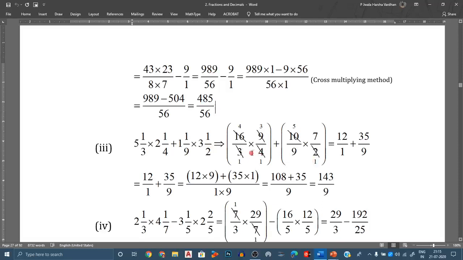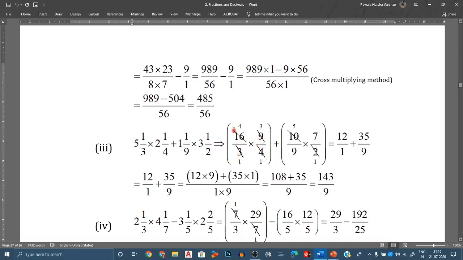So observe here, it is multiplication, this is also multiplication. First you have to solve the multiplications here, because according to the BODMAS rule, first you have to do the multiplication. So keep the brackets for multiplications, and in between brackets, if there is any common factor for any numbers, you can divide. So you can divide 16 and 4 here, because these two are multiples of 4. 4 1s are 4, 4 4s are 16. Here 3 and 9 you can divide.